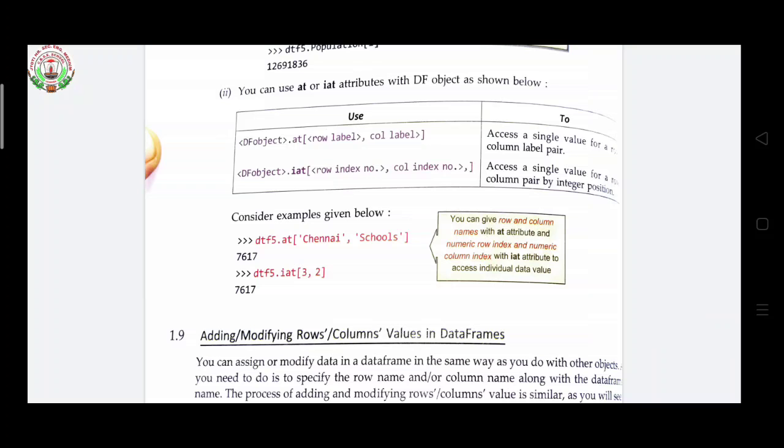At is an attribute name. So with the help of the at attribute you can give row and column name. Or if you are giving numeric, then numeric row index and numeric column index you have to write with iat. I is for index. These are attributes to access an individual value.